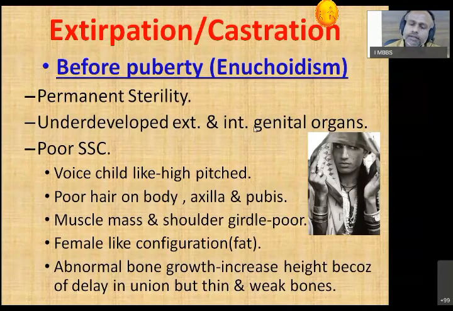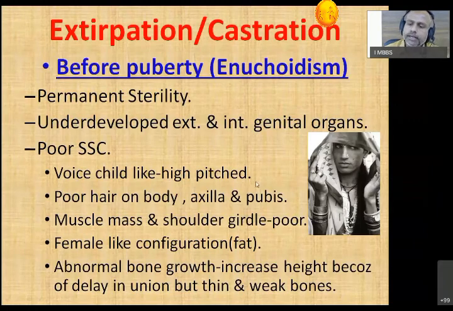The external and internal genital organs, that is the ducts as well as the glands, the seminal vesicle gland and prostate gland, also remain atrophied glands. Poor secondary sexual characteristics. Feminization is there. The production of hijras in India: the community exists, with millions of hijras. Some are hermaphrodites and some are created by abducting a child and removing their testes in early childhood.